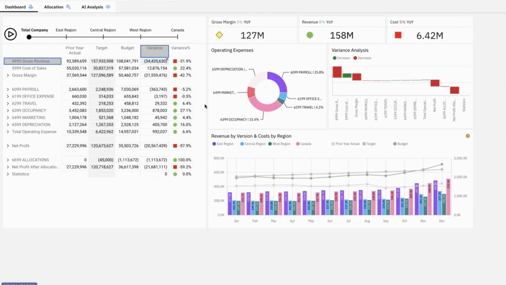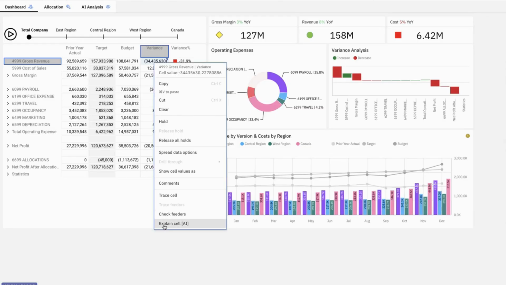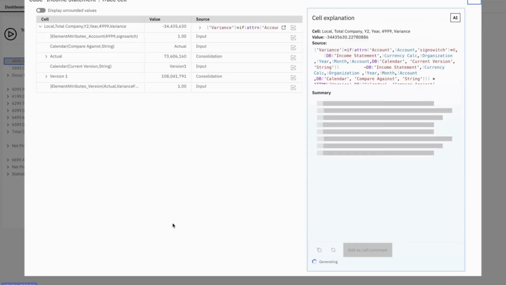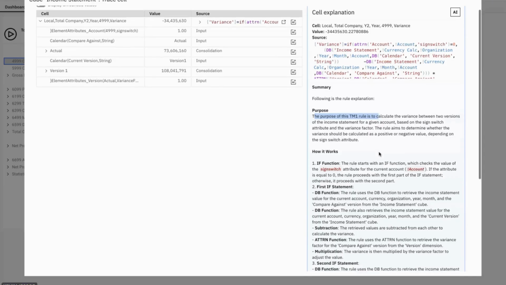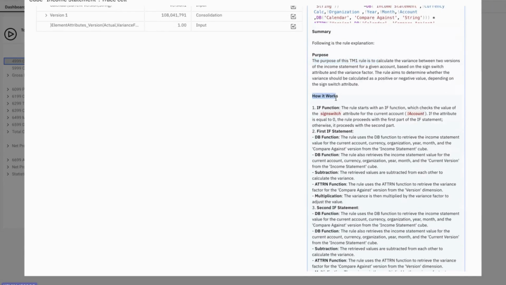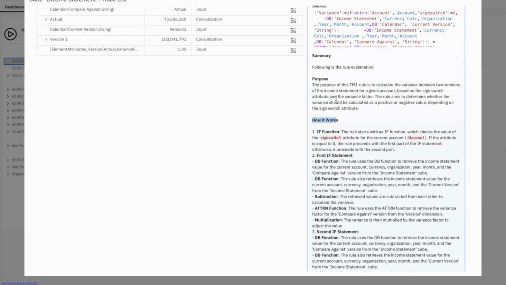But what we can do now is if I run it with explain cell using AI, it's going to show us the same information, but now it's going to give me a natural language explanation of what is going on in this rule. So it will give us the purpose of a TM1 rule, and it'll break out the rule and how it works. Effectively, what this rule is doing is